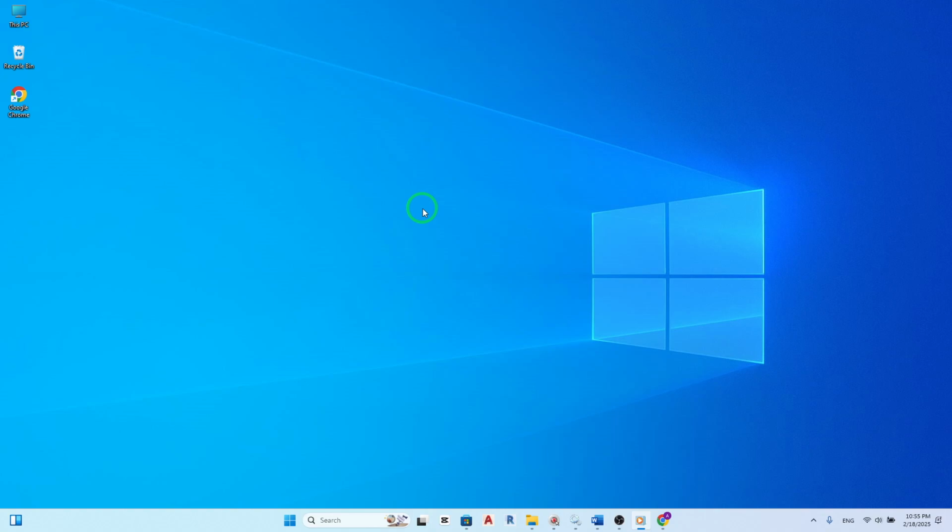To make accessing your Gmail even easier, you can pin the Mail app to your Start menu or taskbar. Simply right-click on the Mail app icon and select Pin to Start or Pin to Taskbar. This will create a shortcut for the Mail app, allowing you to quickly launch it from your Start menu or